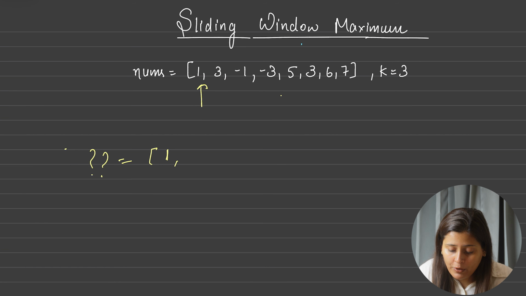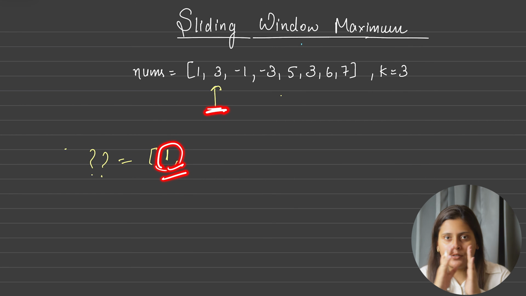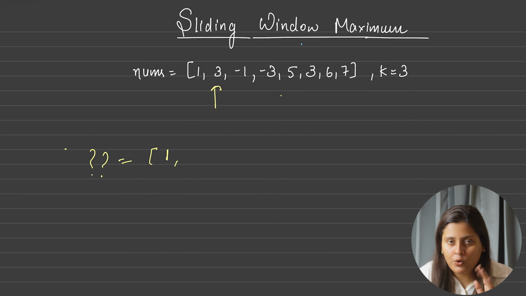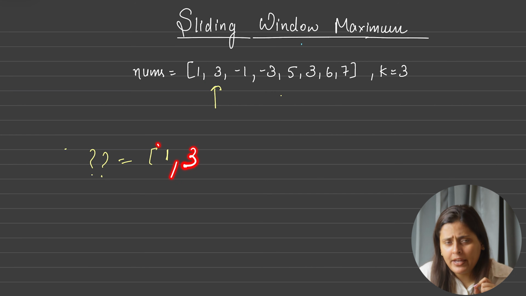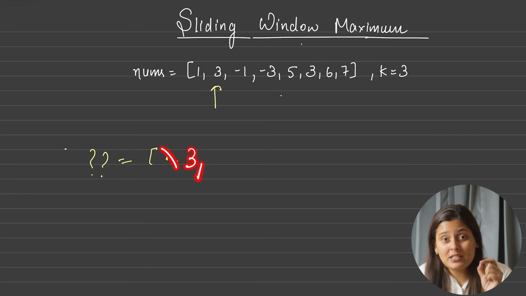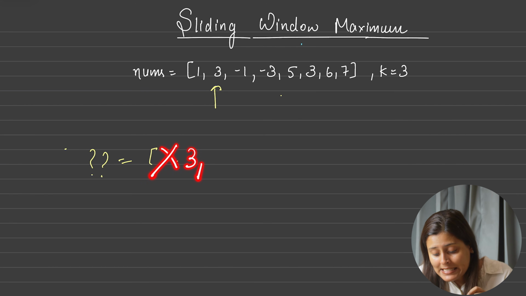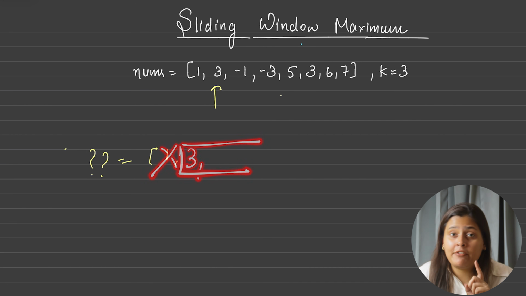So when we move this pointer ahead to 3, we see that the value which I have stored is obviously smaller than 3, correct? And basically we are running for k size. In this k size we only want 1 maximum, correct? And after this, if I have encountered 3, do you think 1 will anyway help in our future? No, because in future we are moving towards the right side. So that one element will never help us.